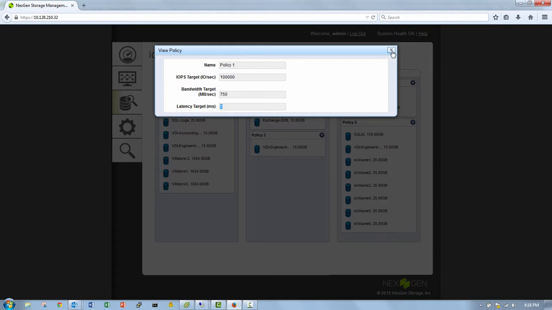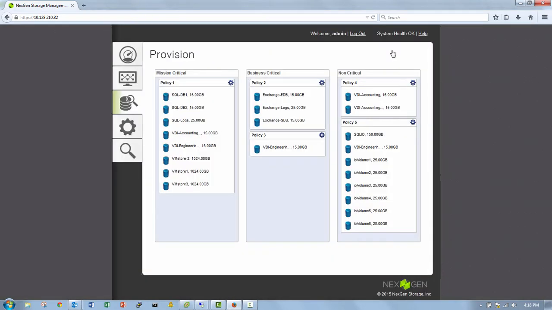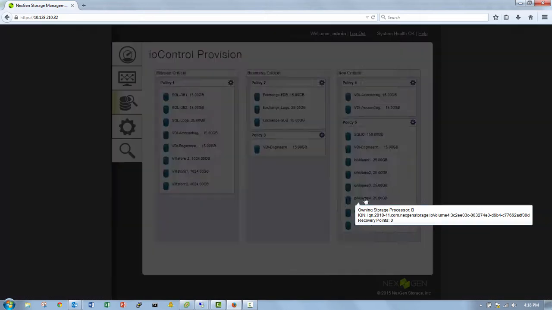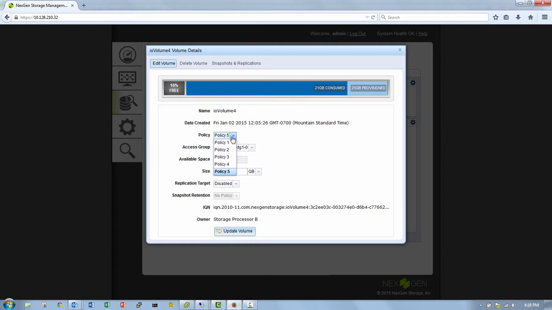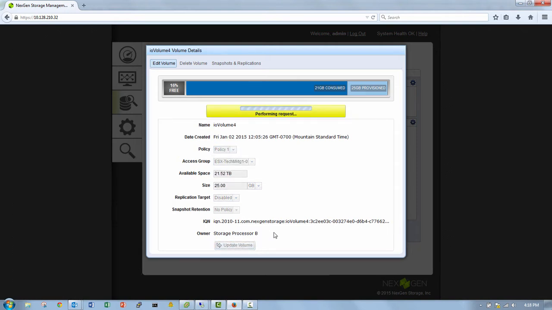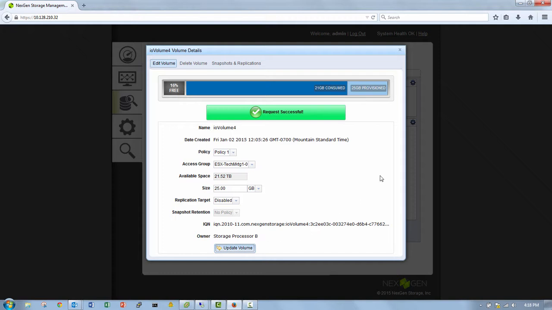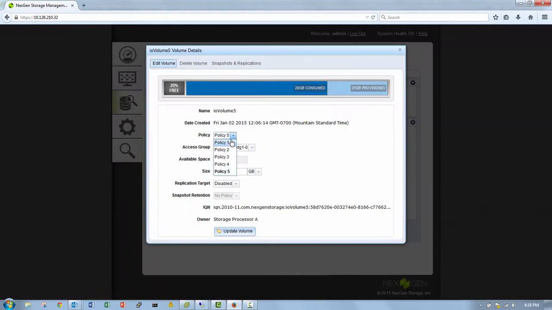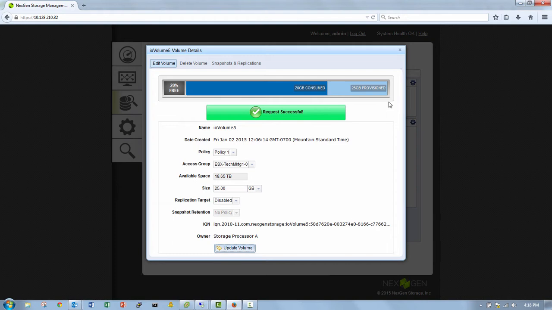5 milliseconds. It is the latency target that we will see drive the QoS engine to move data from disk back into PCIe flash in order to meet those targets. Here I'm going to modify the two volumes under load and change the QoS policy to mission critical policy 1. I can do this on the fly, and the system takes immediate action in order to meet the QoS performance targets. I simply change the policy in the drop-down and then click on the Update Volume button, and the changes